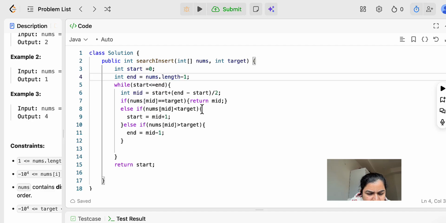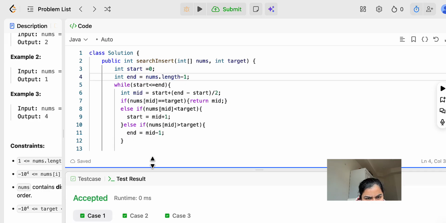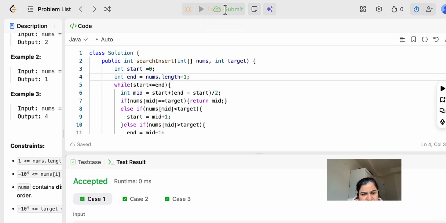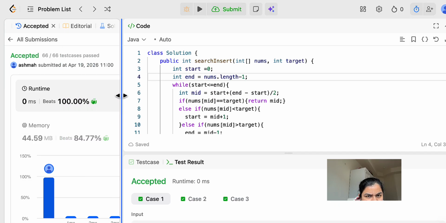Okay, here I think it should be minus 1, because it should not go into an index out of bounds exception, and less than or equal to. Midpoint is start plus (end minus start) by 2. That's the midpoint formula calculation, and if it is equal, then we return the midpoint. Else we check if it is less than target, then do the start pointer increment. Okay, yeah,